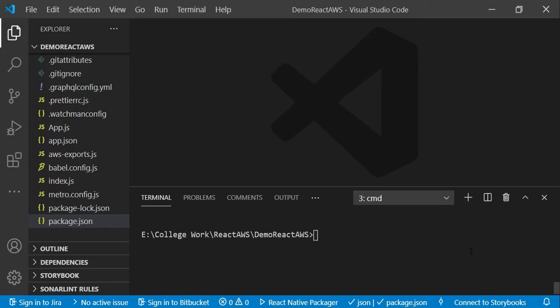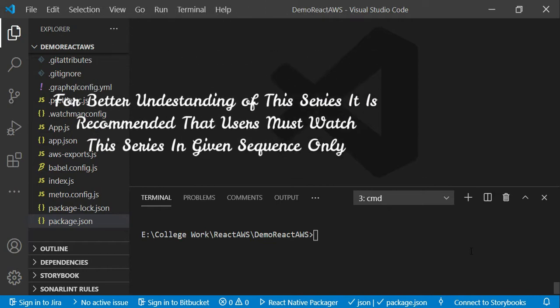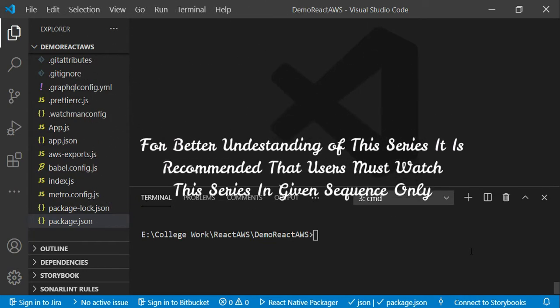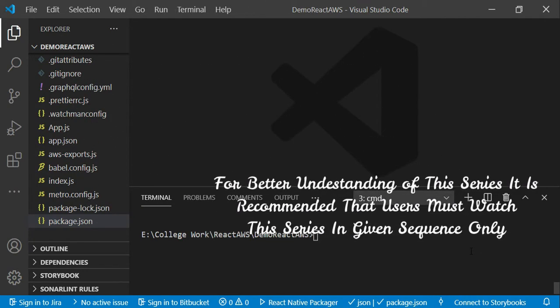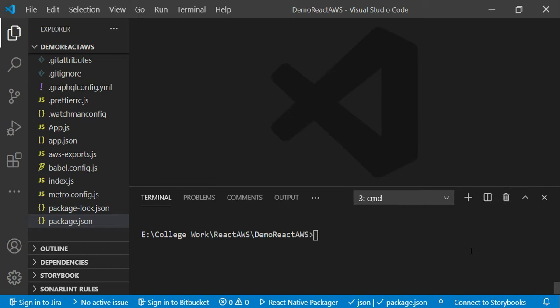Hello everybody. In our previous video, we discussed how to create an authentication service with the Amplify framework and how to deploy it in the cloud. Now it's time to use this authentication service in our React Native application. Say we want to use the service which we created earlier in our React Native application,